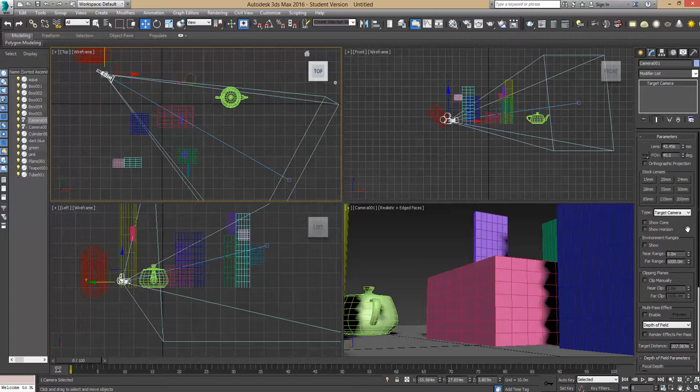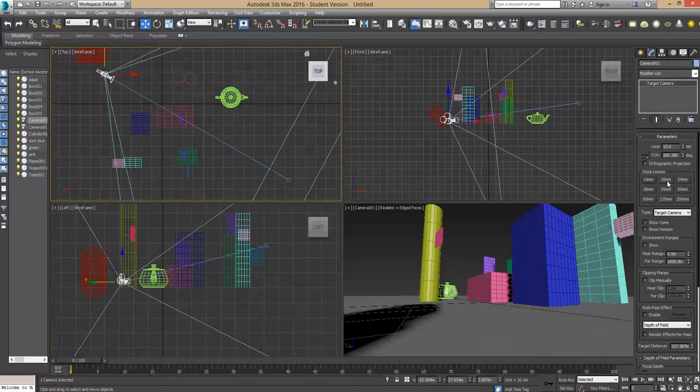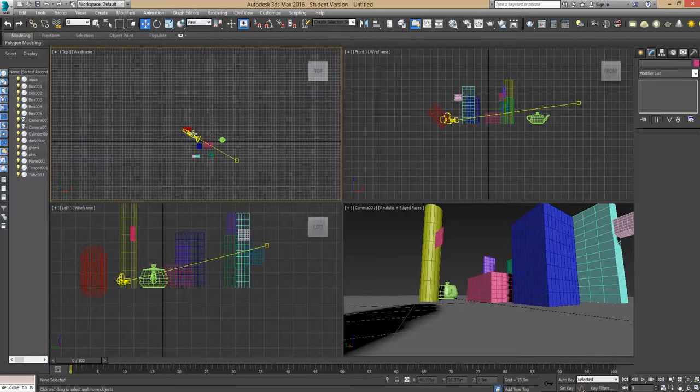Okay, and it's telling me what the field of view and what the lens size is. Okay, it also gives me a series of different kinds of stock lens options, and if I just click through those,